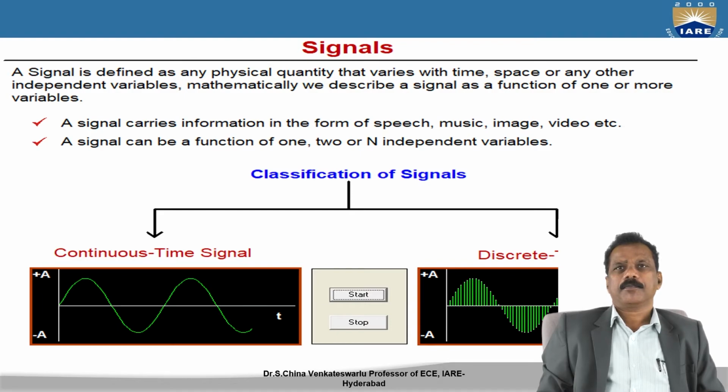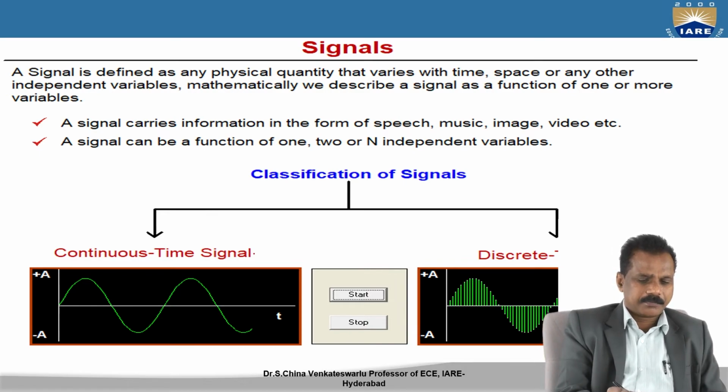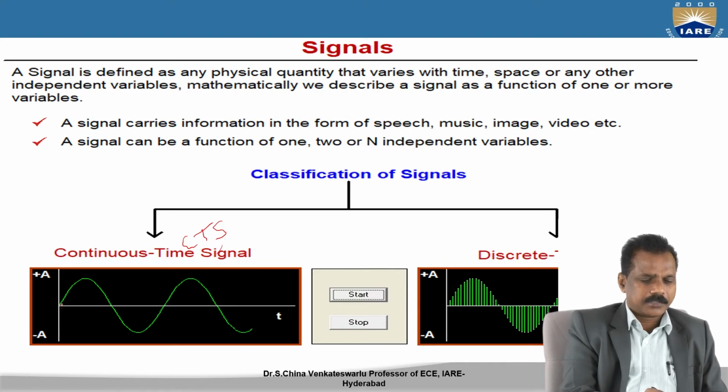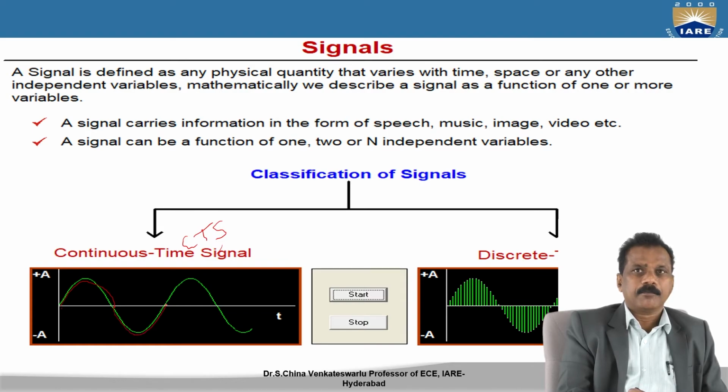Here, the classification of the signal is continuous time signal, mentioned as CTS. Here we have t versus x of n, where it is continuously a positive going transition, then a negative going transition. Again, a positive going transition, a positive peak and a negative peak. Then a positive peak and a negative peak. Now, this is the first cycle, one cycle here, and one more cycle. It is a continuous time signal.